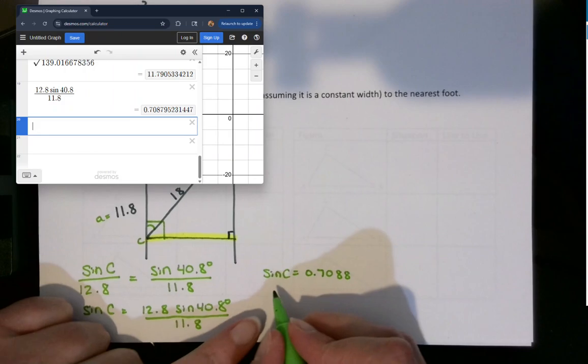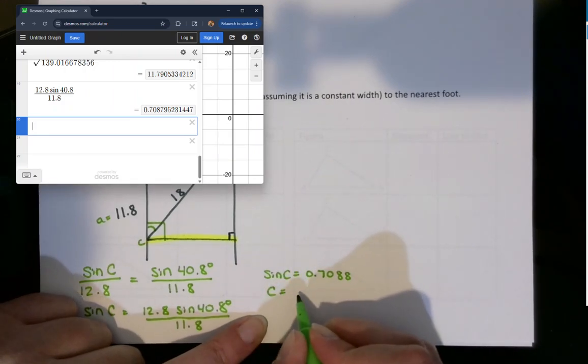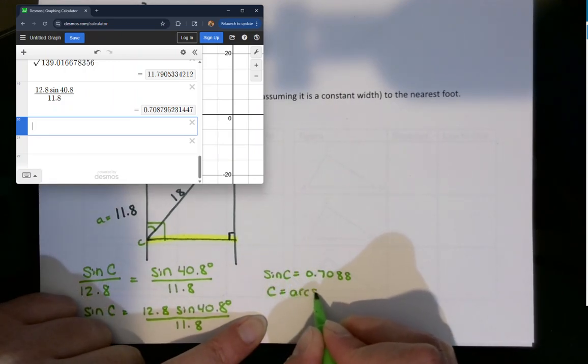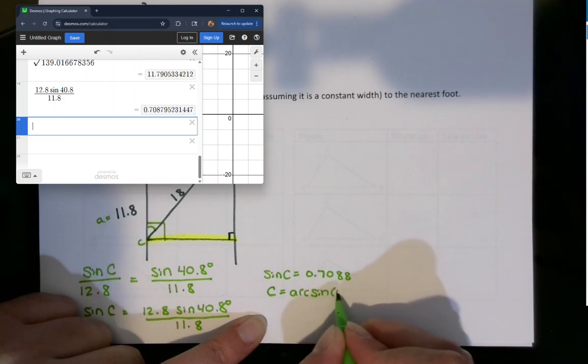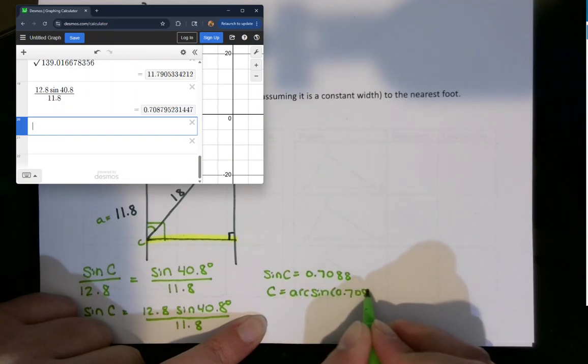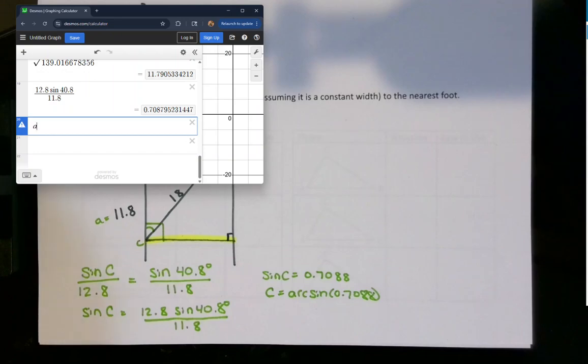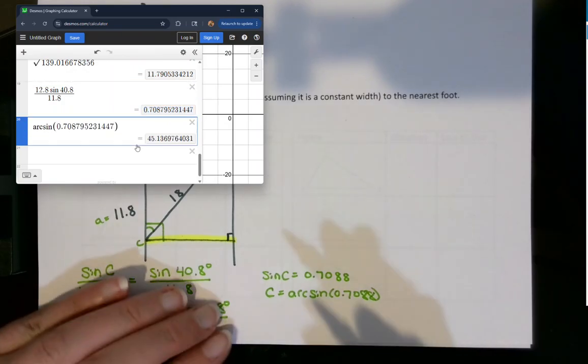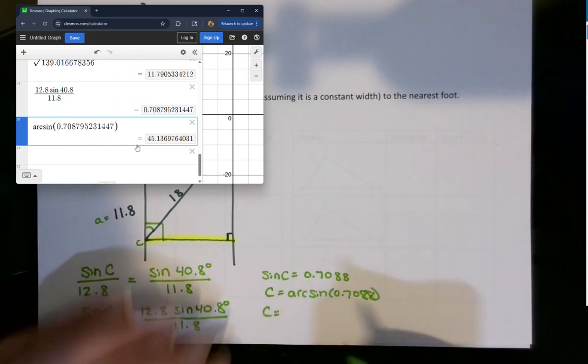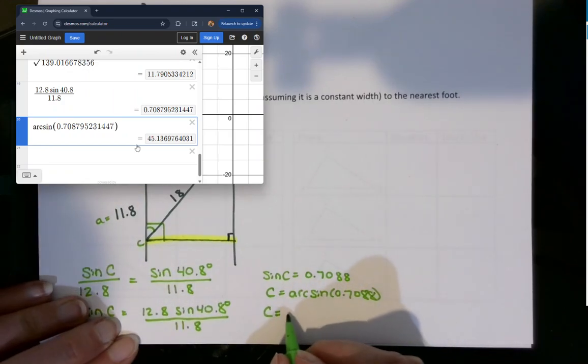And I'll need the arcsine of both sides to solve for C. C is equal to the inverse or arcsine of 0.7088. I'm going to copy and paste that value just to make it easier to enter. Or you can type it yourself. I come up with a C measure of about